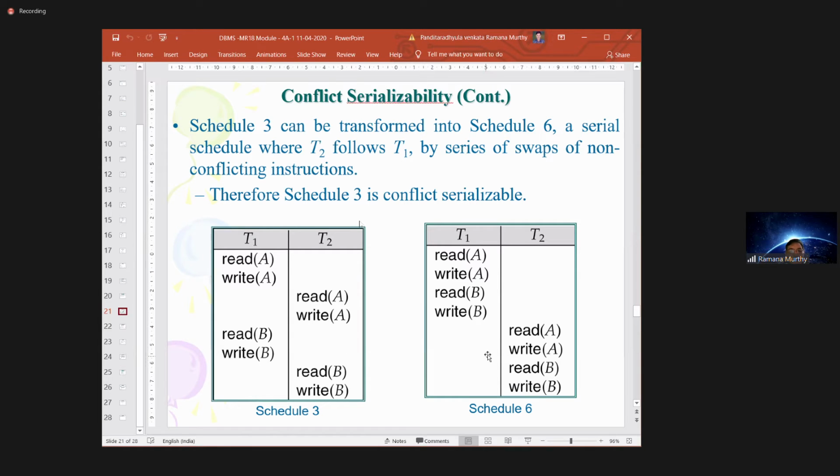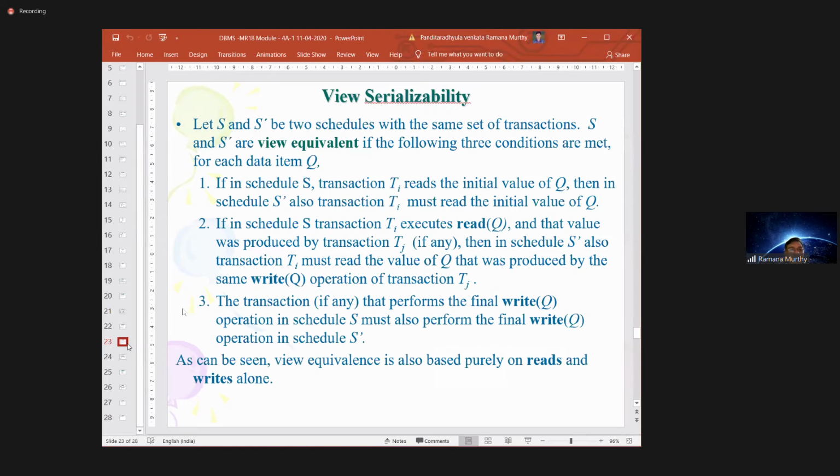So these two schedules, schedule S3 and schedule S6. Not only the conflict serializable, but also view serializable. ఇందులో ఎవరు మోడిఫై చేస్తే ఇందులో కూడా వాళ్ళే ముందు మోడిఫై చేయాలి. ఇందులో ఏ మోడిఫైడ్ వాల్యూ అదర్స్ మోడిఫైడ్ వాల్యూ ఎవరు రీడ్ చేస్తే ఇందులో కూడా అదే ఆర్డర్లో అవతల ట్రాన్సాక్షన్ కూడా రీడ్ చేయాలి. ఓకే, సో దీస్ 3 rules are indicating view serializability.